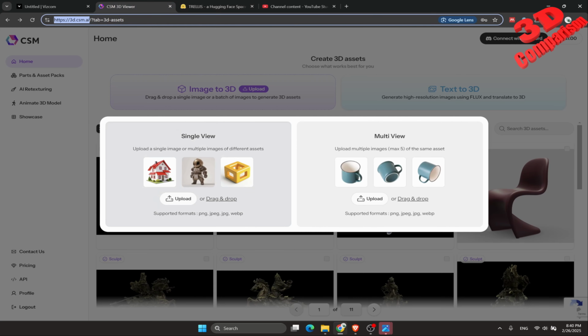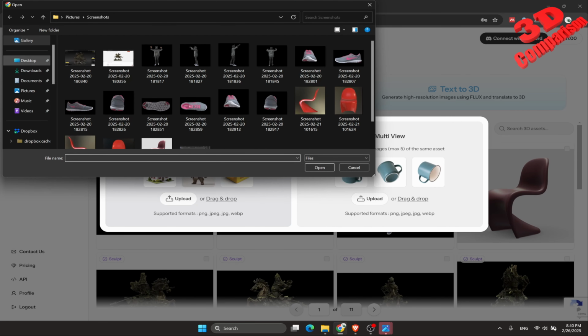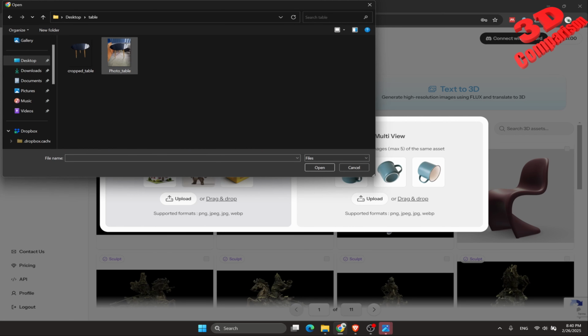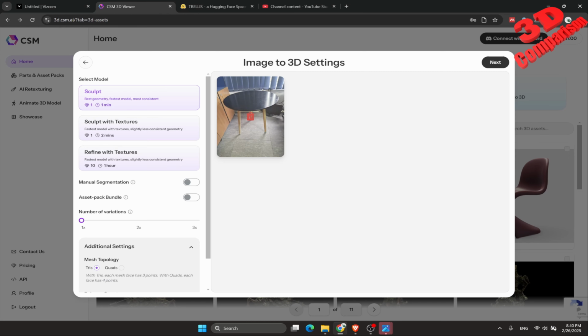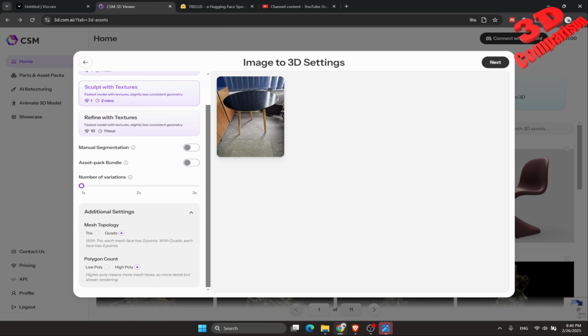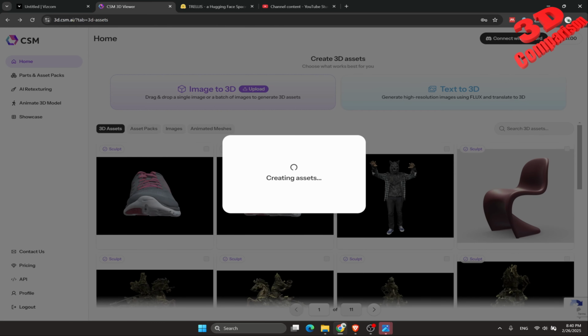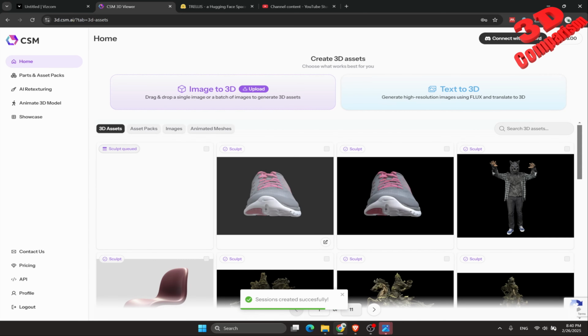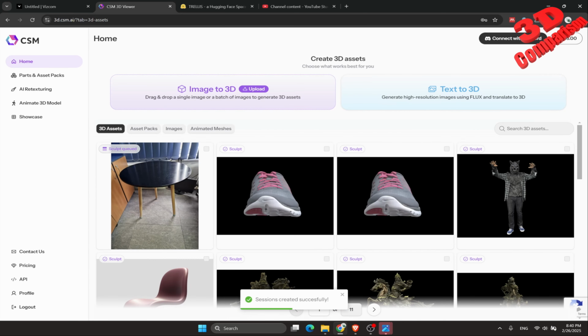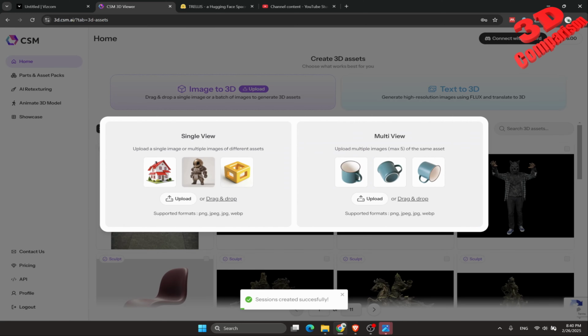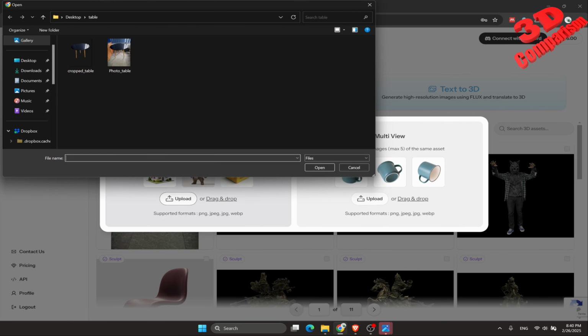Now, let's jump over here within Chrome, and I will go to CSM, and I will add a single image. So I will go on the desktop, on the table, and I will choose the one that hasn't been cropped, and I will do the sculpt with texture, and I want this to have quads and high poly. So I'm going to click next. This will start the process. See that this has taken one credit over here,